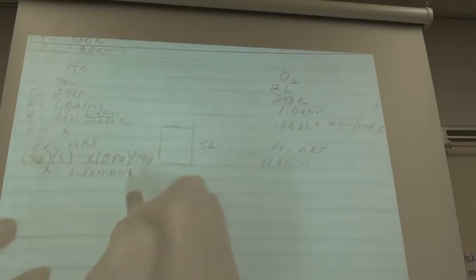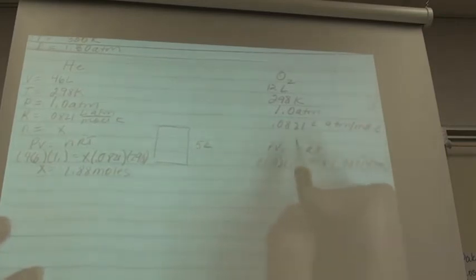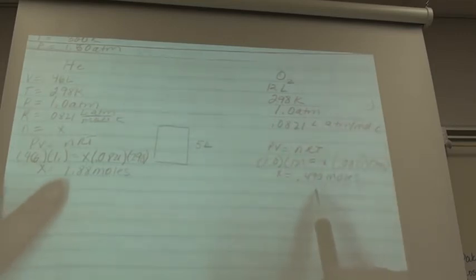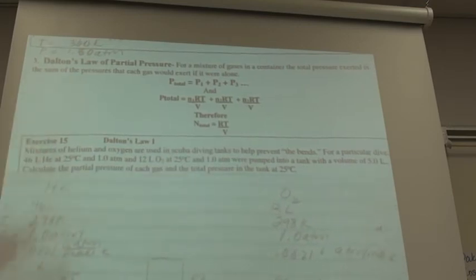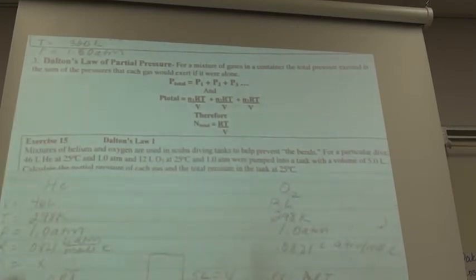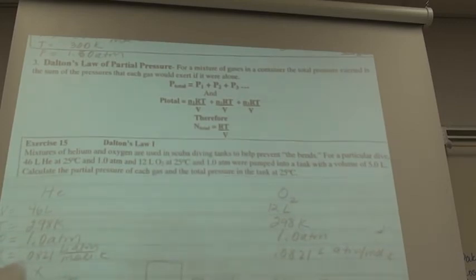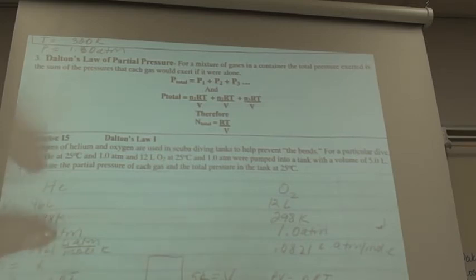1.88 moles. And then for my oxygen, X is equal to 0.490 moles. Okay, so they said they put this into a tank that has a volume equal to 5 liters. The temperature of the tank is 298 K. I know the number of moles in the tank, and that would be equal to 1.8 plus 0.49, which is,